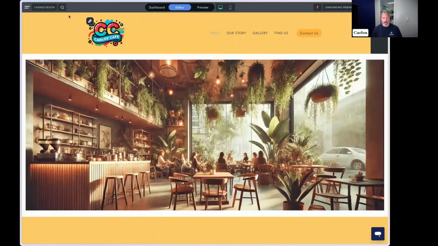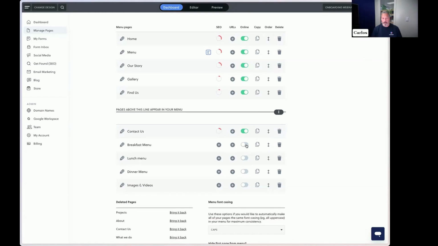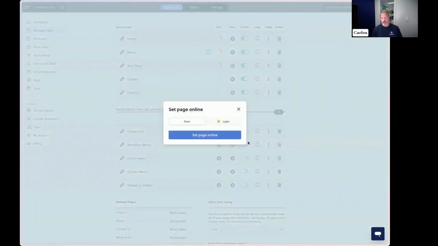Where's my drop down menu now? It's not working. First thing is just to double check that those pages are online. The other great thing is when you turn those online, if you're on one of our Website Builder Pro or